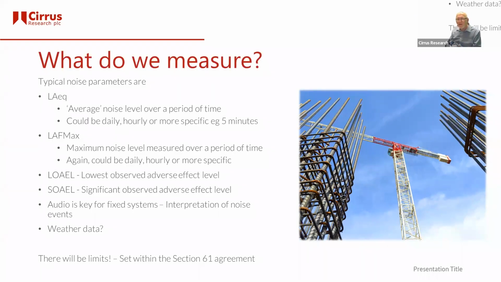One other thing to mention that's sometimes quite useful is weather data. You might have some sites that are pretty wide open, and the direction of the wind can have an effect on complaints from certain people. So obviously wind effects can make it appear louder sometimes than it actually is, or it can affect people more on some days than on others, and they wonder why it's different from one to the other. Having that weather data, knowing the wind speed and direction as a minimum, can help with that.